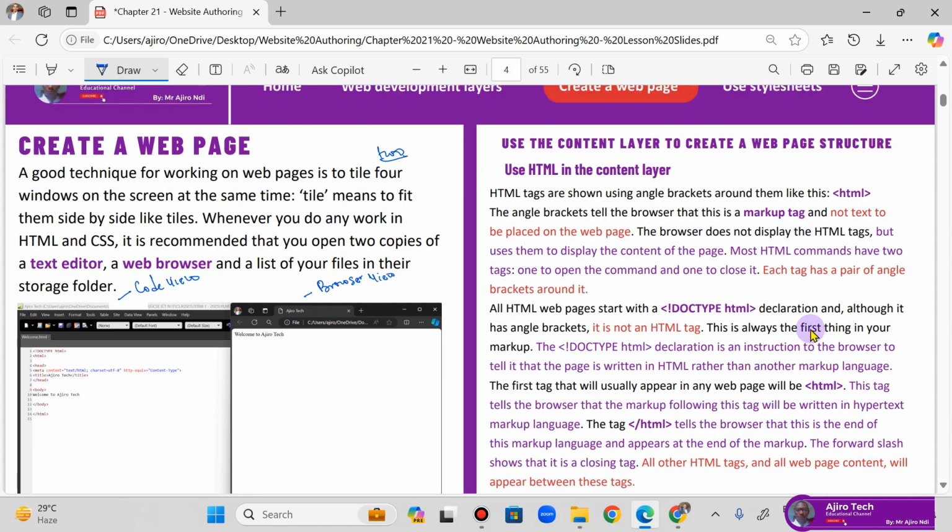So let's talk about them. How do you use the content layout to create a web page structure? The first thing you look at is the doctype HTML. It's important for us to understand that the HTML tags are shown using what we call angle brackets. All these are called angle brackets, and they're around the tags. Essentially, it is telling the browser that this is a markup tag,